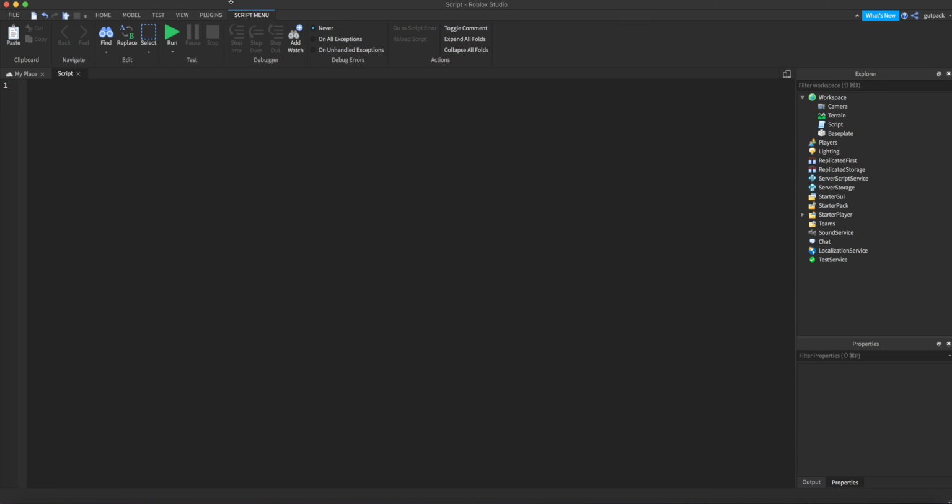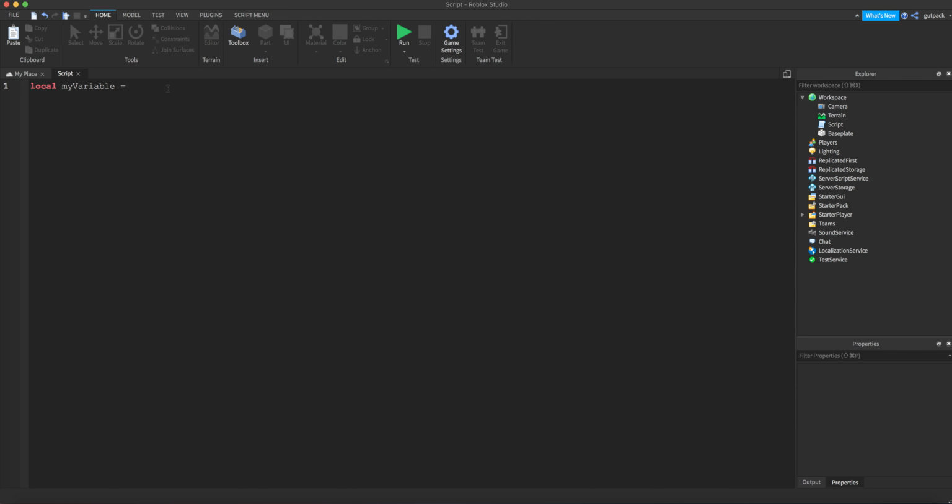In order to define a variable, you have to say local. That defines the variable. After that, you have to give the variable a name. So I'll just say my variable. It can be anything you want. And once you make a variable, you have to set it to a value. To set it to a value, you say equals, that little equal sign right there. So that's the first part. Second part,